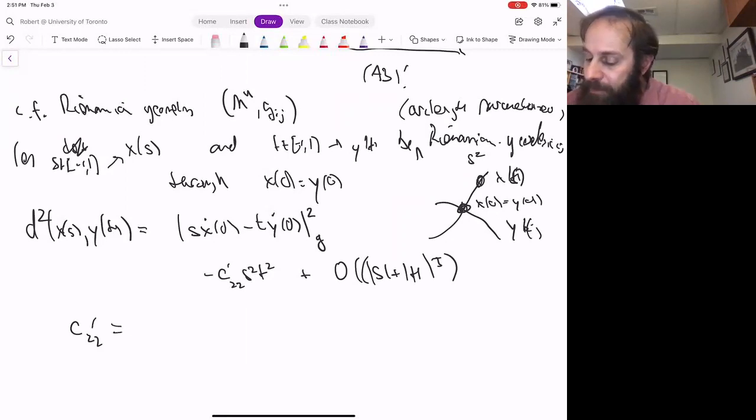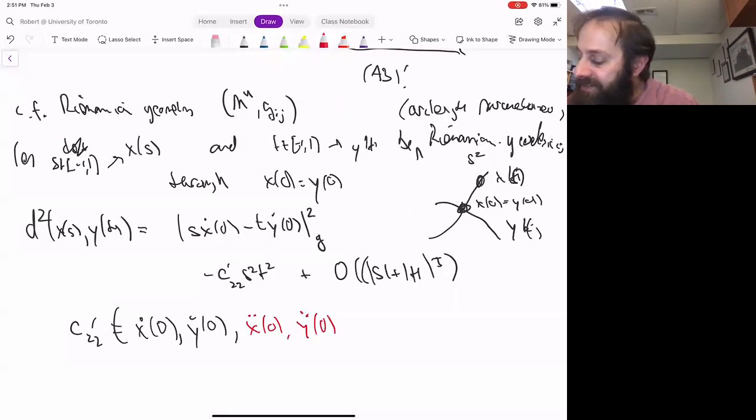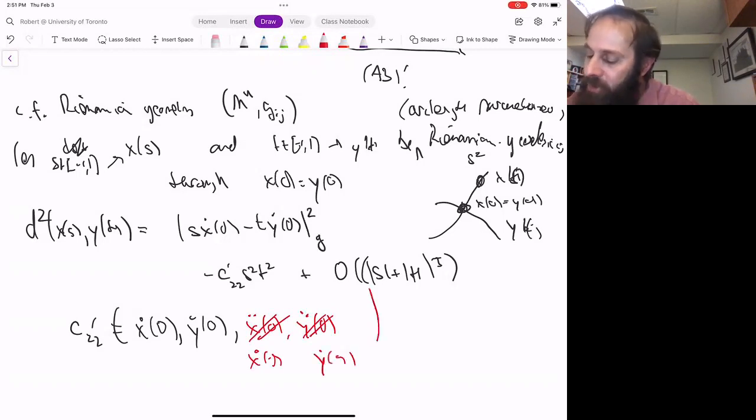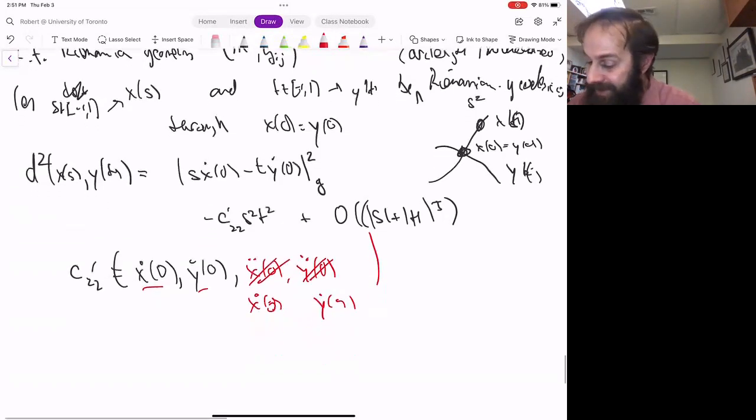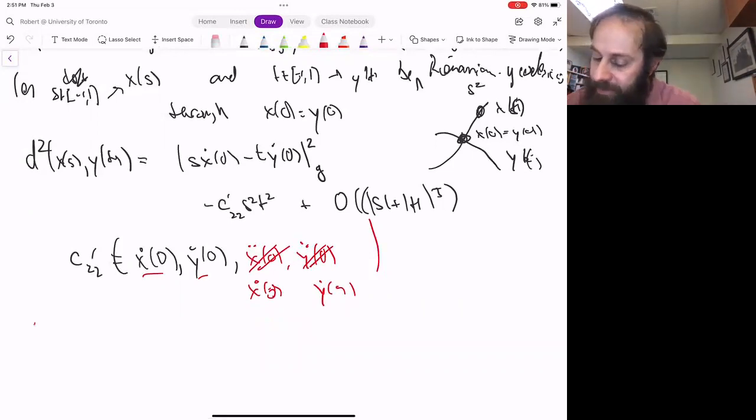in principle, you can expect it to depend on x, the tangent vectors x dot and y dot. And you might also think it's going to depend on something like x double dot and y double dot. But from the geodesic equation, you can rewrite the x double dot term as a product of two x dot terms. And you can rewrite the y double dot term as a product of two y dot terms. So in fact, it only depends on x dot and y dot. But it depends quadratically on both of them. So the fact is that C22 prime,